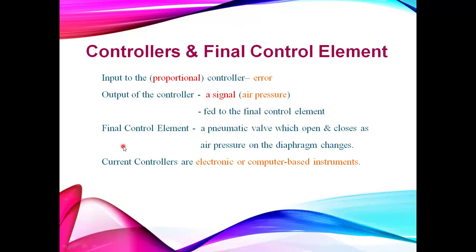Okay, then your final control element in this case, which is your final control valve, is the one that opens and closes. It adjusts its opening depending on the amount of heating medium that is needed, and closes as well if the heating medium flow rate should be decreased. So it adjusts the opening based on the air pressure your diaphragm is being subjected to. So air pressure is working on the diaphragm of your final control element. That way, the opening is being adjusted for your final control element, which is the control valve.